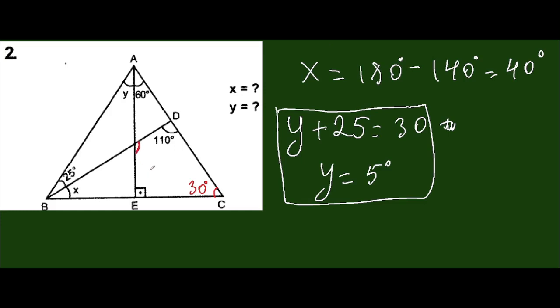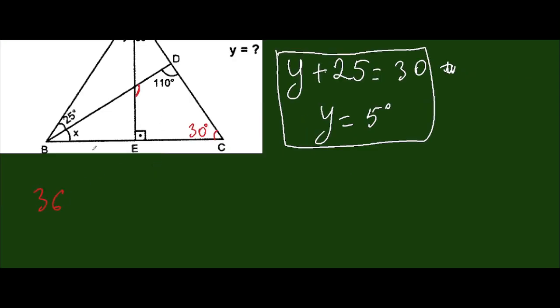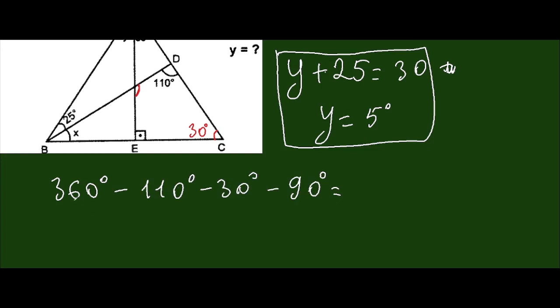This angle will be equal to 360. Just wait. So 360 degrees minus 110 degrees minus 30 degrees minus 90 degrees. So it will equal 270 and 160, and it will equal 130 degrees. So this angle is equal to 130 degrees, and from vertical angles this angle will also equal 130 degrees, and